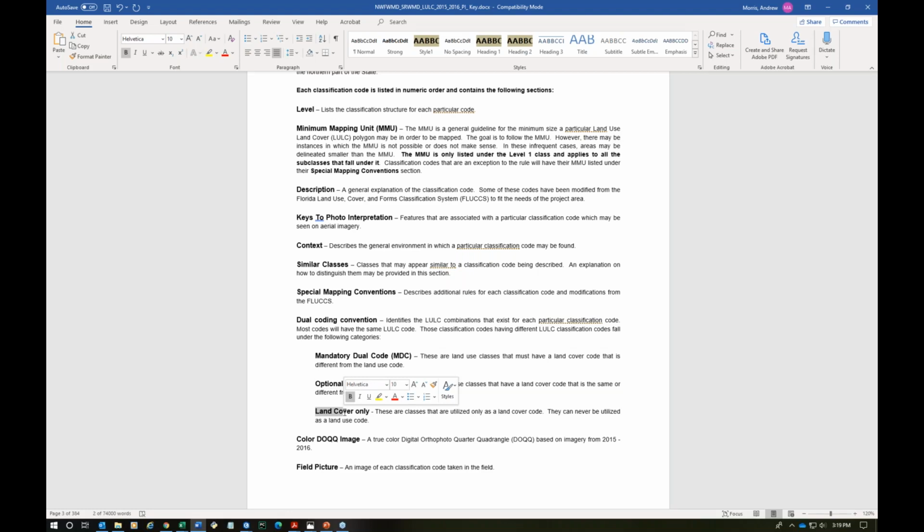There is the Panhandle all the way over to Alachua. There's a lot of different variations of residential property. You have very small manicured lawns, half acre or smaller. And if you have a mandatory dual code for those, what kind of cover do you want associated with it? The only other option in the flux that we had was a 3100, which is a natural herbaceous,